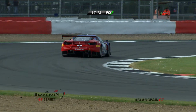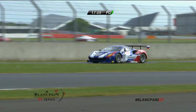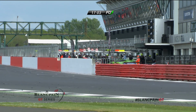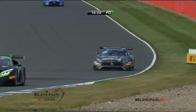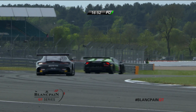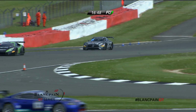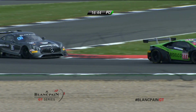No real clear pattern as the 72 Ferrari peels off, comes into the pit lane, and coming in quickly up to the point where you've got to slow down to 50 kilometers per hour. And then the long pit lane, depending where you are. I always tend to favor being at the end of a pit lane. For some reason, I always think it's a slight advantage, particularly when you leave your box, to be almost immediately onto the racetrack rather than having to go down the pit lane slowly after your pit stop. I don't know why, but...